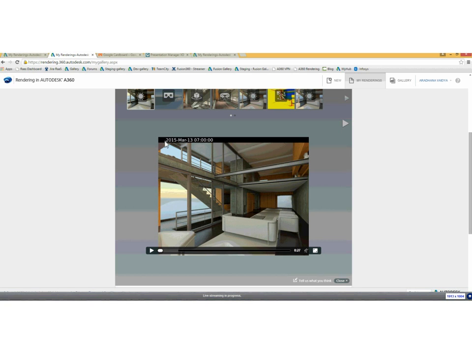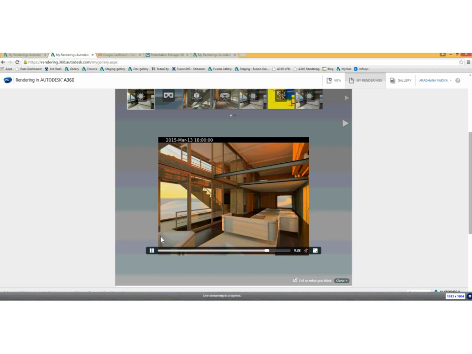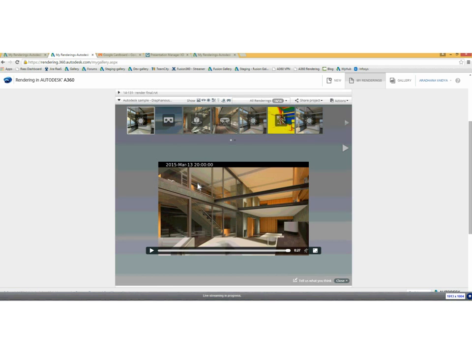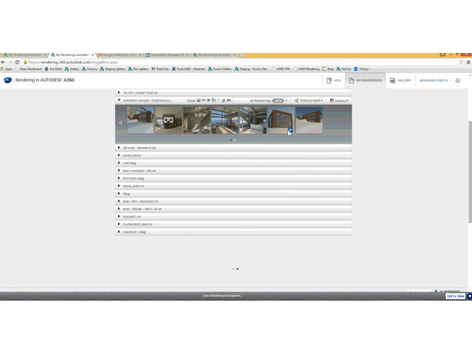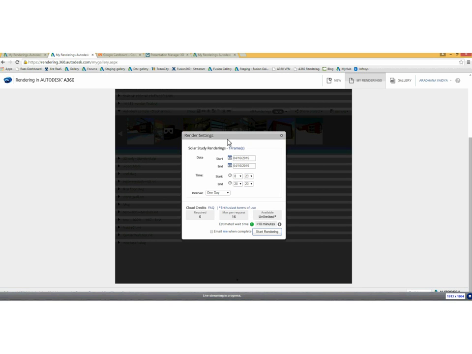In this animation that we are seeing right now, you can see that the sun's position is gradually changing throughout the day, from basically morning to evening. It's an animation of the sun's position throughout the day. If I look at the settings, I say render as solar study. Once again, you have to render this through the gallery. You click on render as, say, solar study,